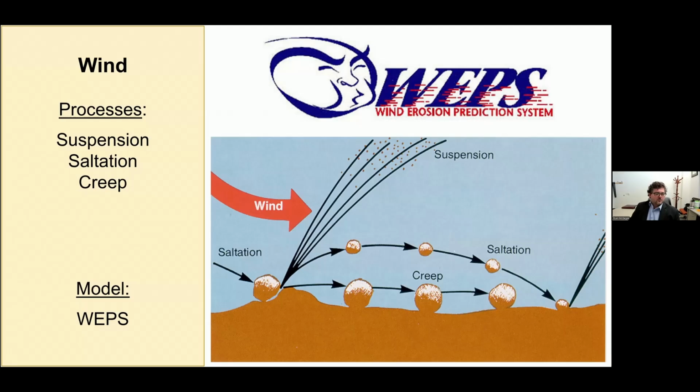I do not have numbers in terms of magnitude. So if you're looking for tons per acre per year, I do not have extensive experience with any kind of WEPS modeling, actually executing WEPS or any other of the wind models. The one prior to that would be the wind erosion equation, WEQ. I have not run those, and I don't know the tons per acre or tons per hectare off the top of my head.